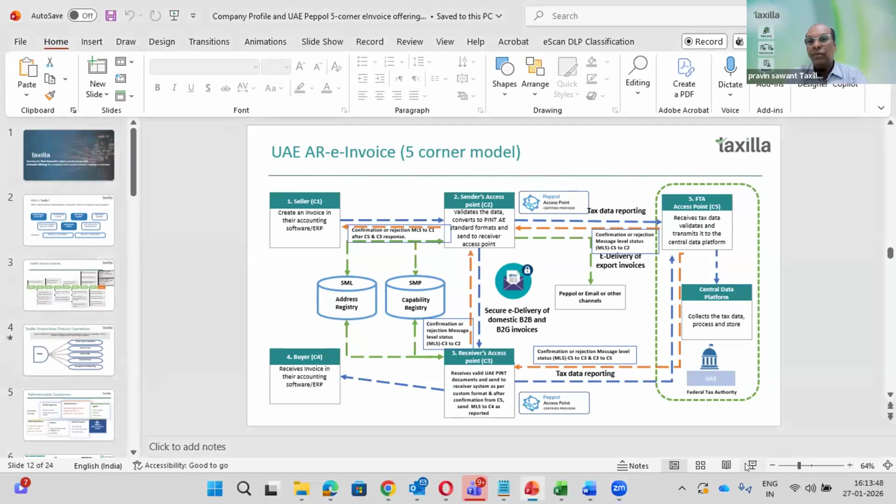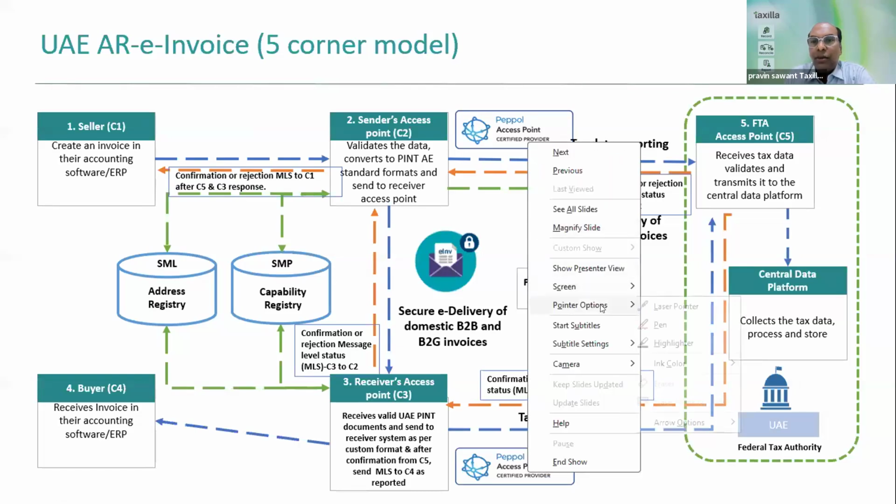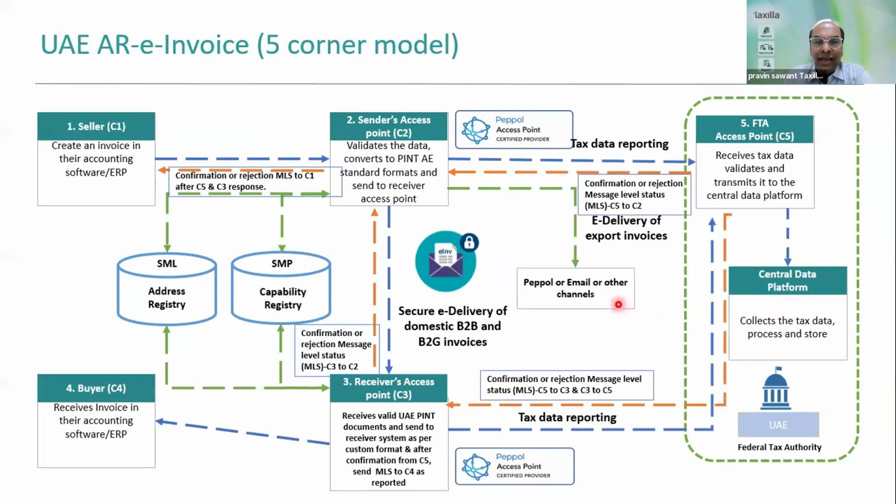So, maybe you know about this five-corner model. You have heard it in many places. I will not go deep into explaining all these things. I will give you the more advanced functionality that SNB as a company can offer to you. As you know, you basically have to select the ASP, and a tax invoice, credit note, all the document types that Bhakti mentioned, you can exchange with corner 5 and corner 3.